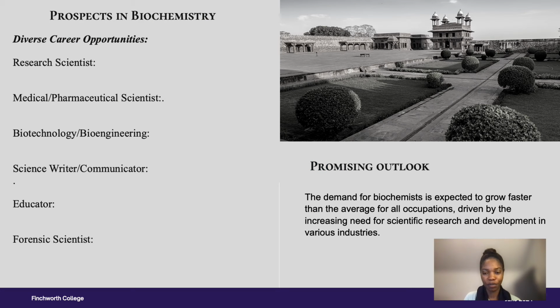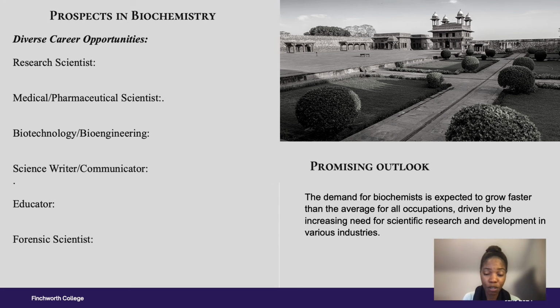Now, in terms of career prospects, I can tell you categorically, in my journey as a biochemist for some years now, biochemistry offers diverse opportunities, and you can pursue roles in research depending on what your interest is. You can go ahead to be a medical doctor, since you already have the fundamental knowledge that is required, and your treatment, I can assure you, is going to be top notch because you understand the basics of everything you're administering.